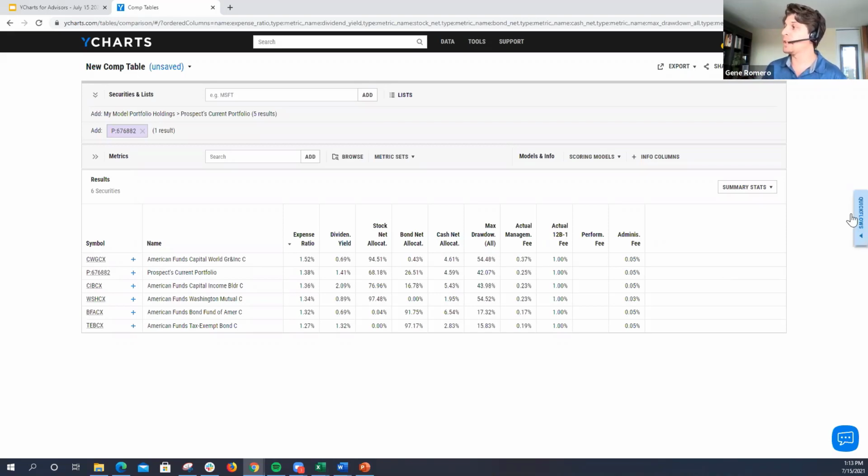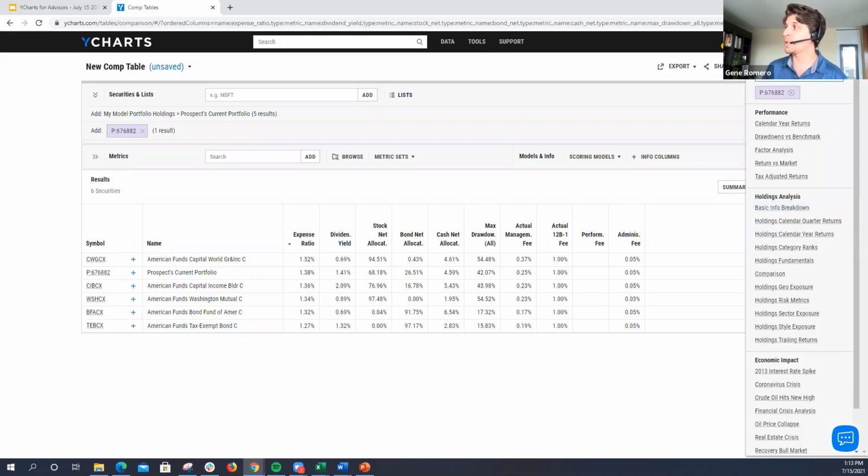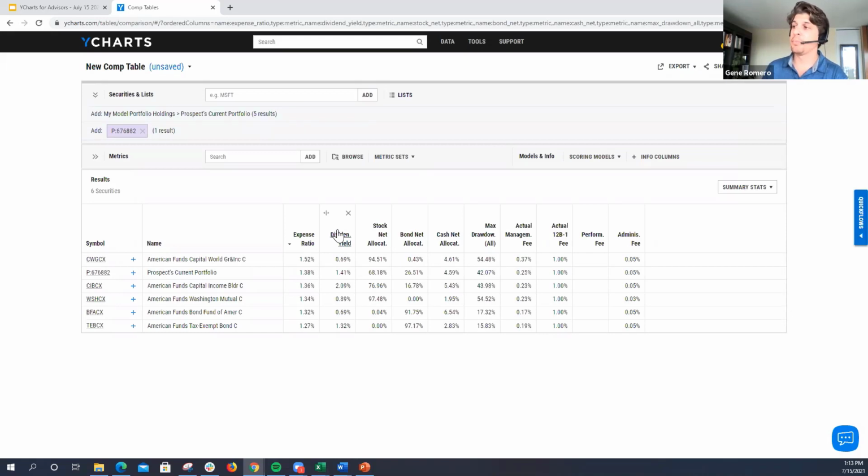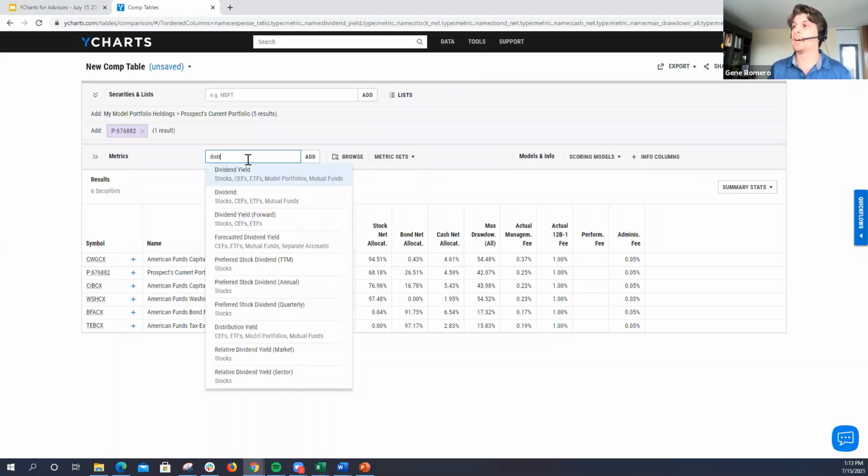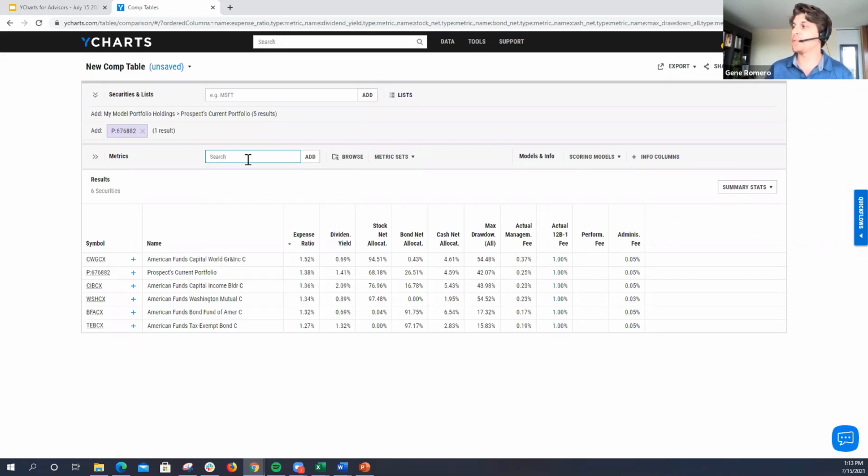Now, we have a lot of these quick flows with these different holdings analysis, but what if you wanted to have your own custom metric sets? To do that, you can go ahead and search for any metric that you want here. So if we're looking at dividend yield, but we also wanted to have a distribution yield, type search that, the system will find it, and now it will go ahead and add it into this lineup